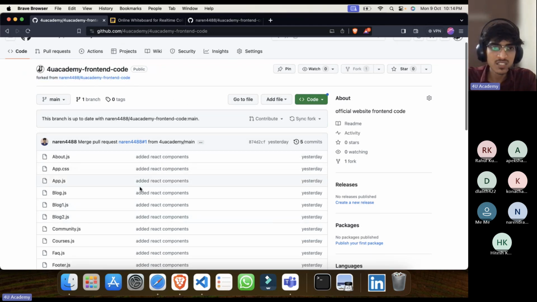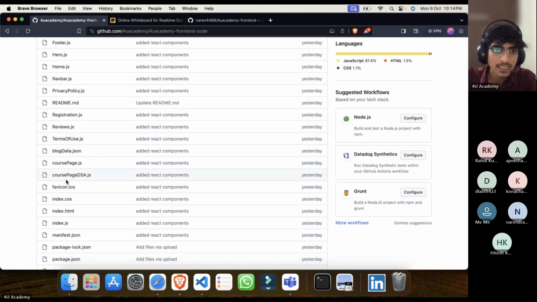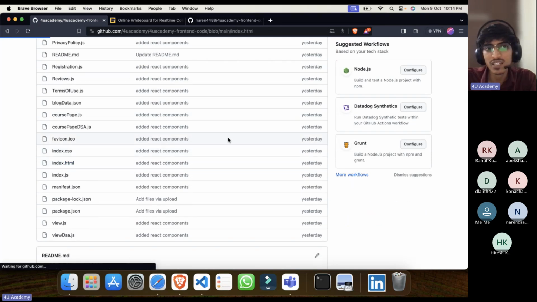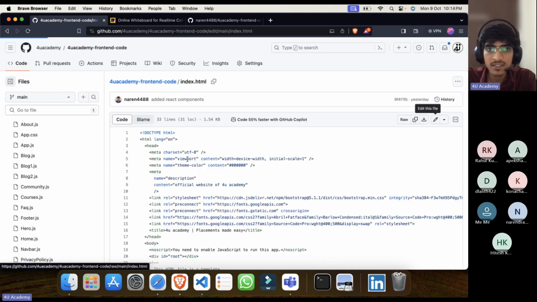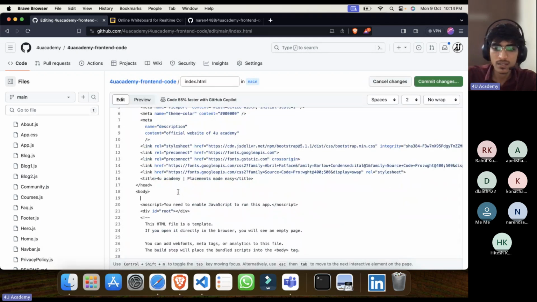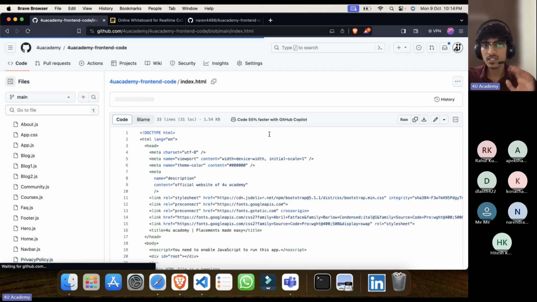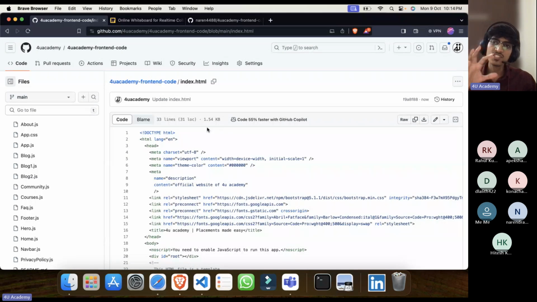If you want to make changes, let's say I'm making some change in the index file. Let's edit, add a new comment. Comment added, let me commit it. So I made a change in this repository, but I want to request Narendra: I have made this change, please review it, and if it is good, you can add it in your project.